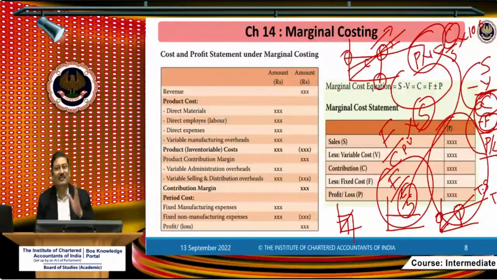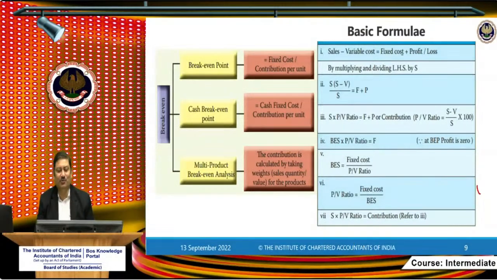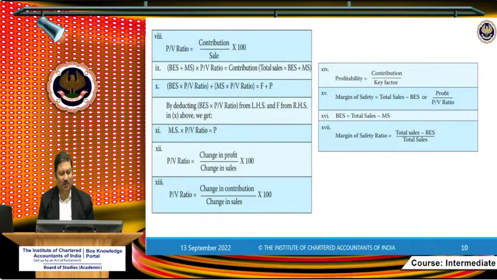How can we calculate it? Sales minus break even sales, or profit by PV ratio. So logically, try to understand all these formulas. These are the various formulas, all derived from the discussion we have had, but we have systematically placed them for your benefit. If you want to take a photograph of it, you can, but everything is included in the study material. A lot of people were demanding the PowerPoint presentation last day, but it's all from your study material, which is published by the Board of Studies of ICAI.